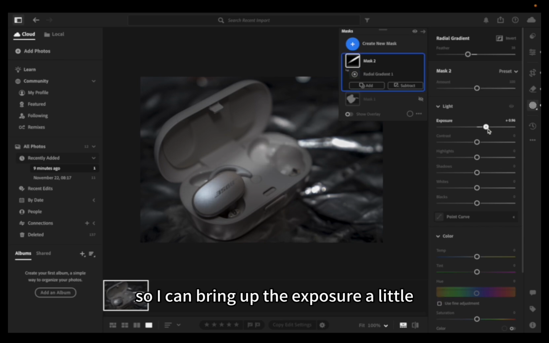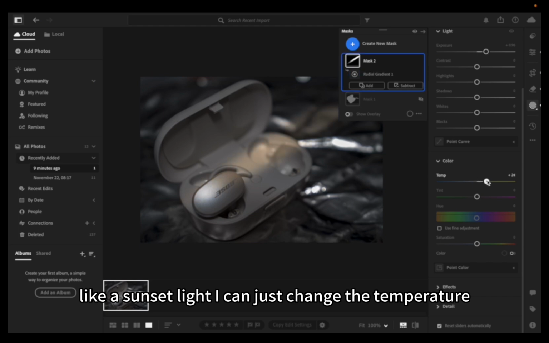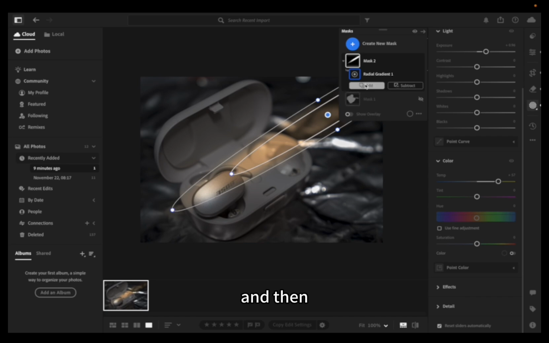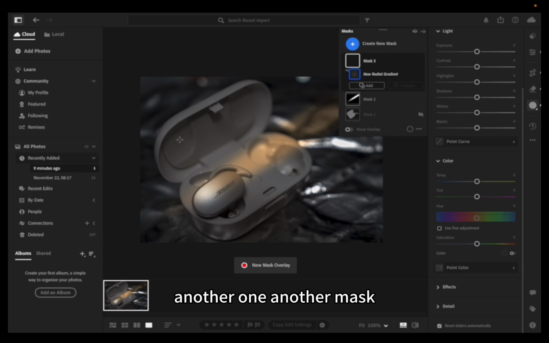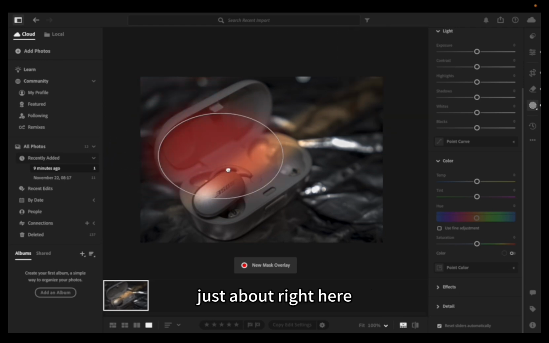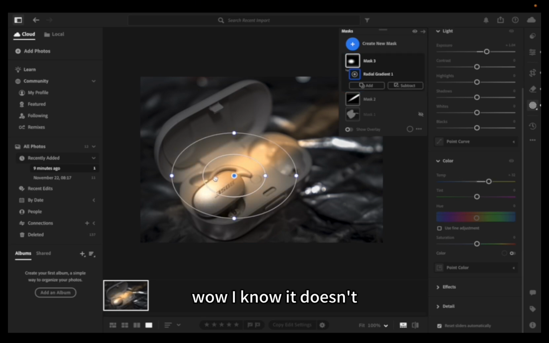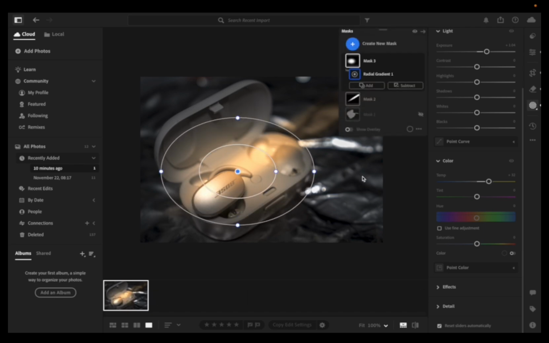So I can bring up the exposure a little, and maybe, let's say I want a morning or sunset light, I can just change the temperature. Ooh, look at this sunset light. And then I can make another mask just about right here. Bring down exposure. Wow. I know you don't see it that much right now,